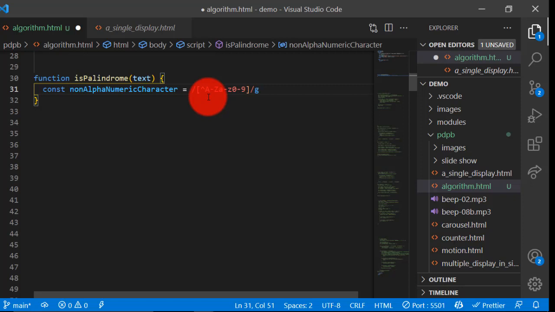So what is the meaning of this regular expression? It's a regular expression to match non-alphanumeric characters, that is, things that are not an alphabet or a number. If they are not capital letter or small letter or a number, then we are going to remove them. So the caret matches the first position, so it starts from the beginning. We check for non-alphanumeric characters from the beginning,